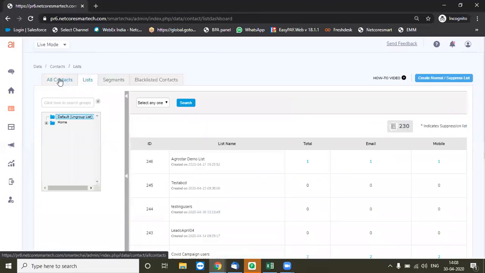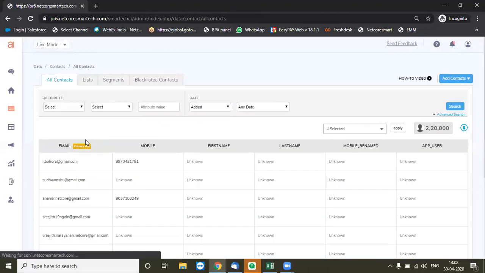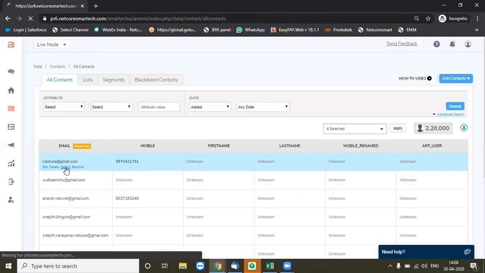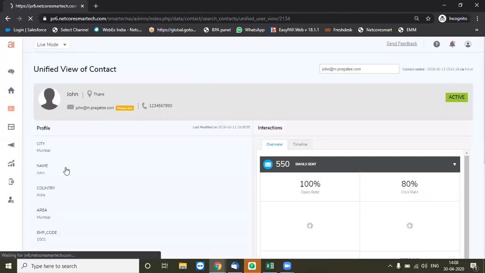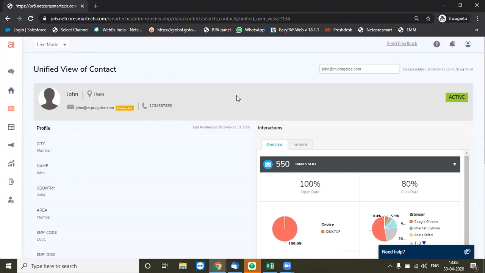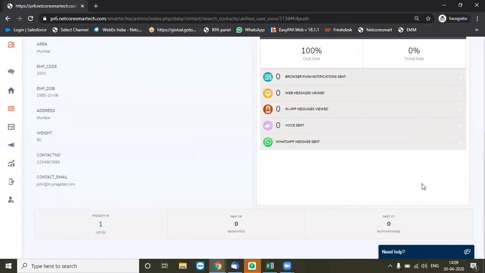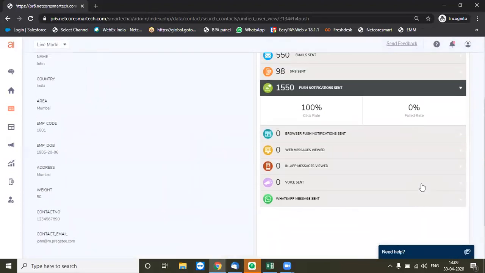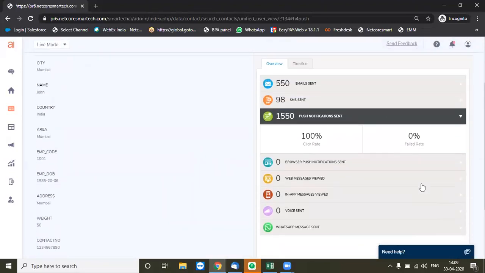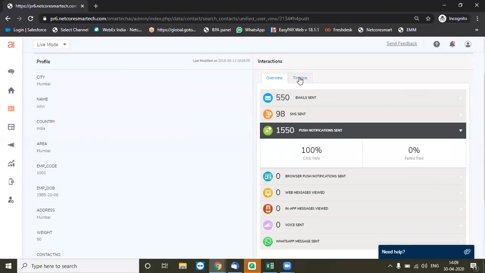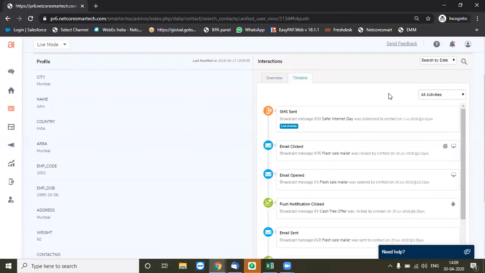So the idea behind showing you one profile is to understand what is the best day and time to reach out to a customer. What are his communication preferences? So, for example, this particular customer, what is the most preferred browser? What is the most preferred device or operating system? Or what is his average communication history across all the channels that you can send to them? And there's a timeline of communications as well.